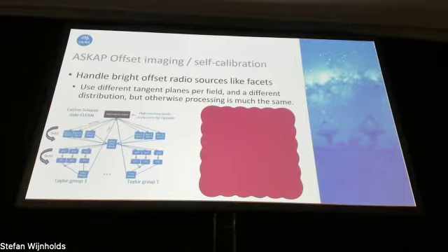So this is just as an example, this is the same mosaic I showed before. So here, each beam's just been processed separately without worrying about offset images or anything like that. And you can see there's a really bright source in the middle, and it's cleaned okay in these inner beams where that source is inside the actual beam image. But if you go out a bit, then you can start to see side lobes from this strong source because the strong source isn't in the image for these beams.